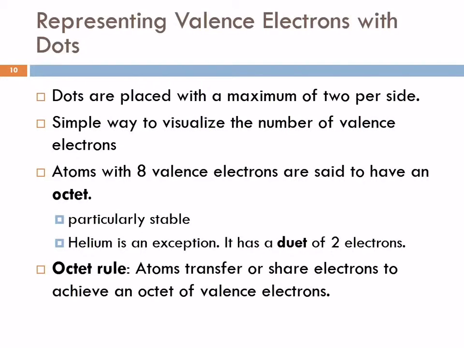So back to Lewis theory. We represent valence electrons as dots. And just by convention, we put at most two dots on a side. So we've got the top, the bottom, the right, and the left. And I think part of this is so that you can look at it and just see how many electrons